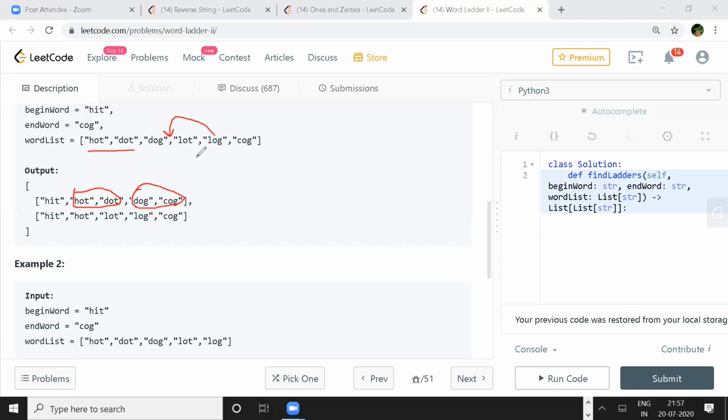In the DFS code, we might have a situation when the difference between the begin word and the top of the word list is greater than 1, right? Yes, it is possible, but then we can imagine this word list to be not in a linear fashion.